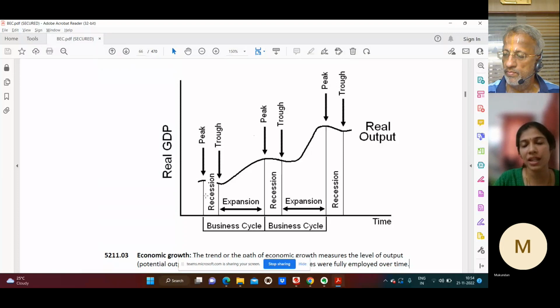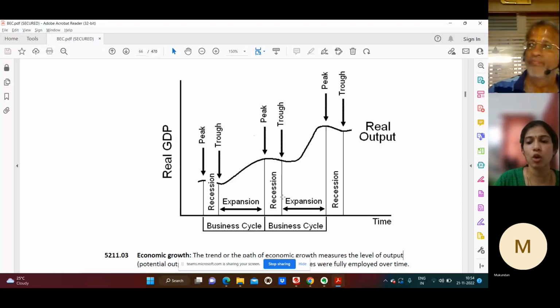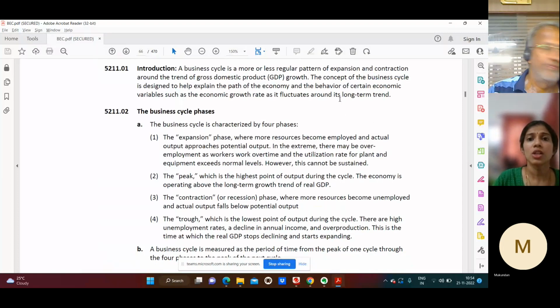In a practical scenario, it is much more difficult, and it need not be a linear graph like that. It could be all the more complicated, but for understanding the concept, this is how it usually goes: expansion, peak, then recession and trough. Those are the four phases of your business cycle. Okay,